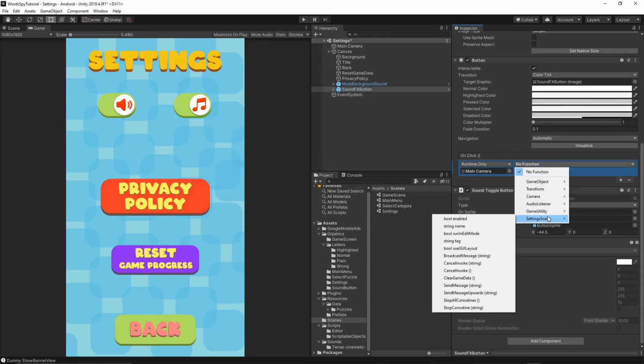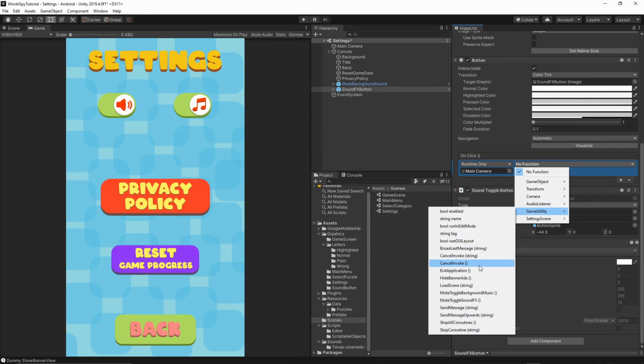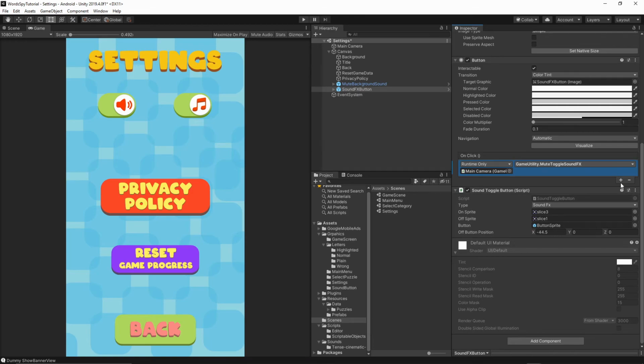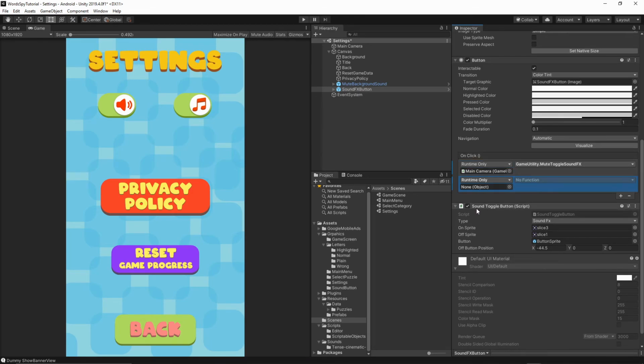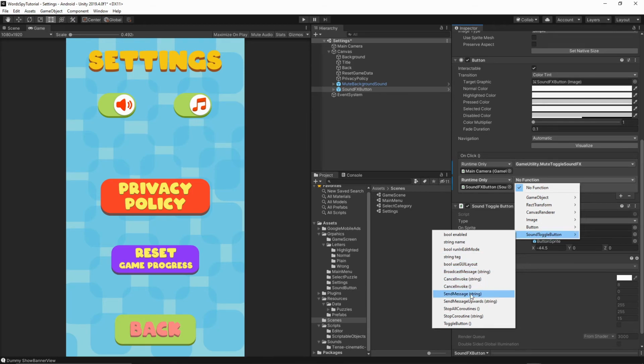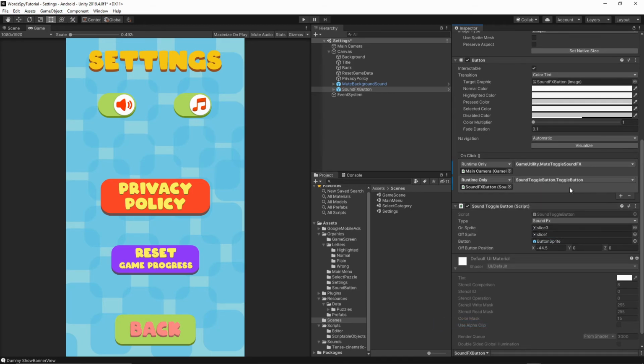From the functions, let's select the game utility, and then mute toggle sounds effects. And then let's click another plus, grab our sound toggle button, drop it here. From the functions, let's select sounds toggle button, and then toggle button.